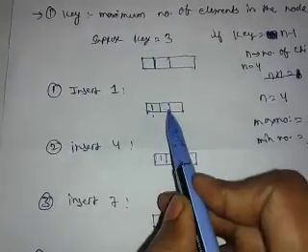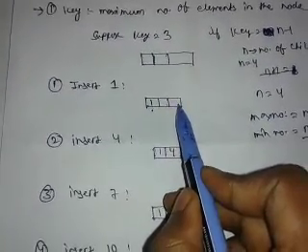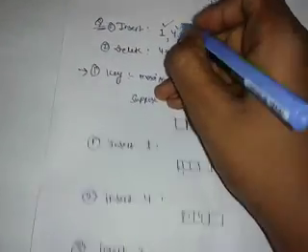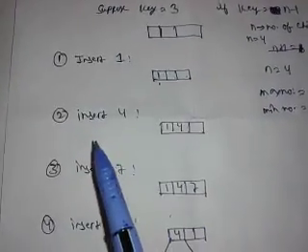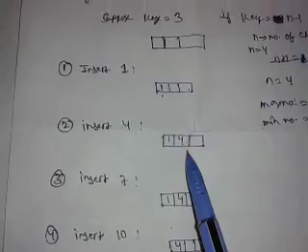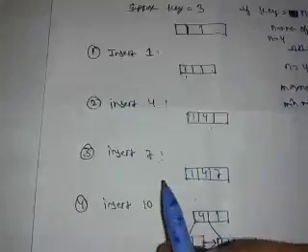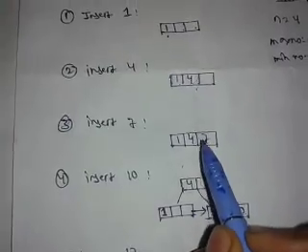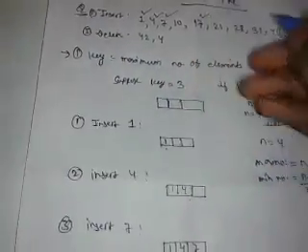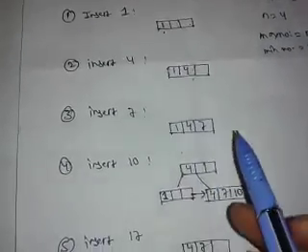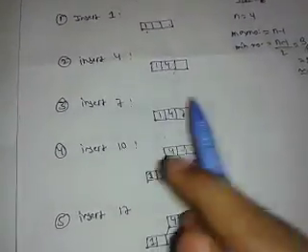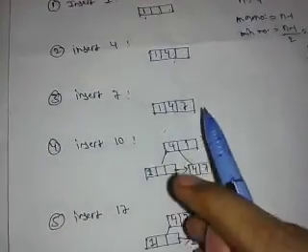After inserting 1, we have 2 spaces empty. Now we need to insert 4, so in the second step we have inserted 4. Now we have to insert 7. In the third step we have inserted 7. Now after the third insertion, when we want to insert the fourth element, which is 17, we see that the node is full. We don't have enough space to put 17 in this node.